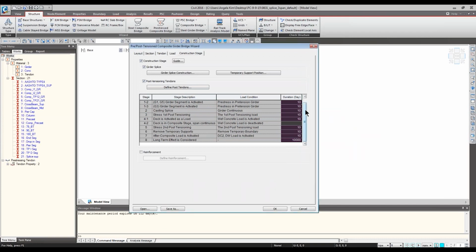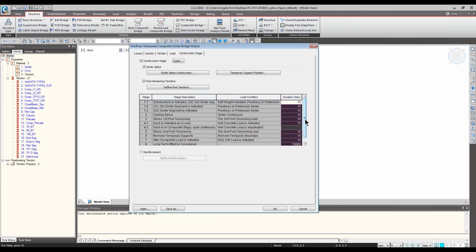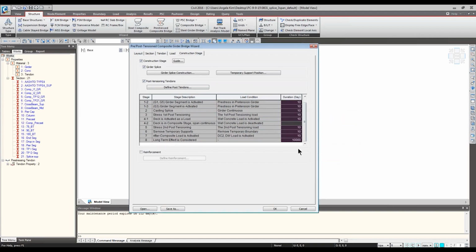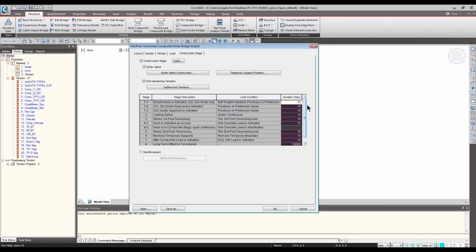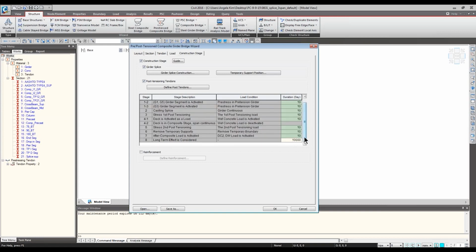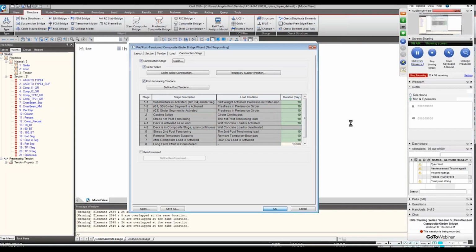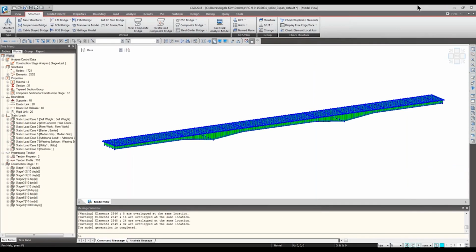Remember I mentioned that portion: you will need an advanced type of license if you are working with a splice girder type, because the construction stage count will most likely be more than 10 or around there if you're working on a splice girder application. But as long as you keep the stage number under 10, you may be fine. While we give it some time to generate, okay, it's generated.